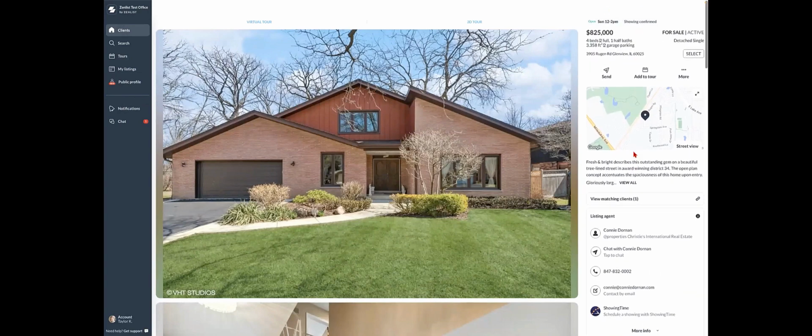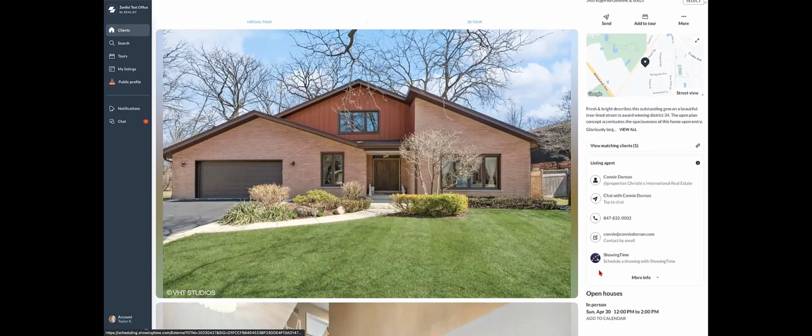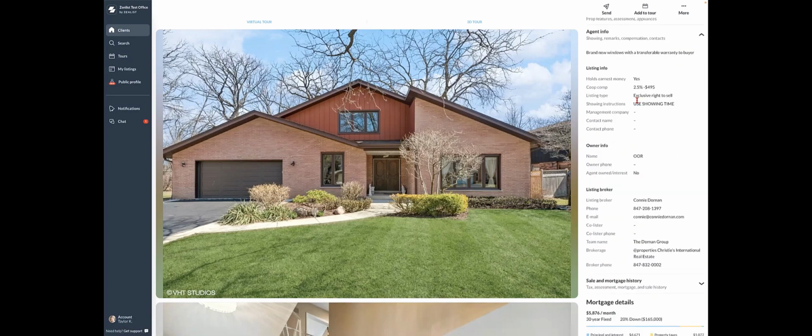But so if this listing agent has put their listing in ShowingTime, said, hey, I want you to request your tours via ShowingTime, that ShowingTime link is going to be right there. You click on it, and that's going to take you to that scheduling page of ShowingTime. And it's going to allow you to set up that request that tour for that particular listing. So on any listing detail page, you'll always find it right here, or even in that additional agent info,